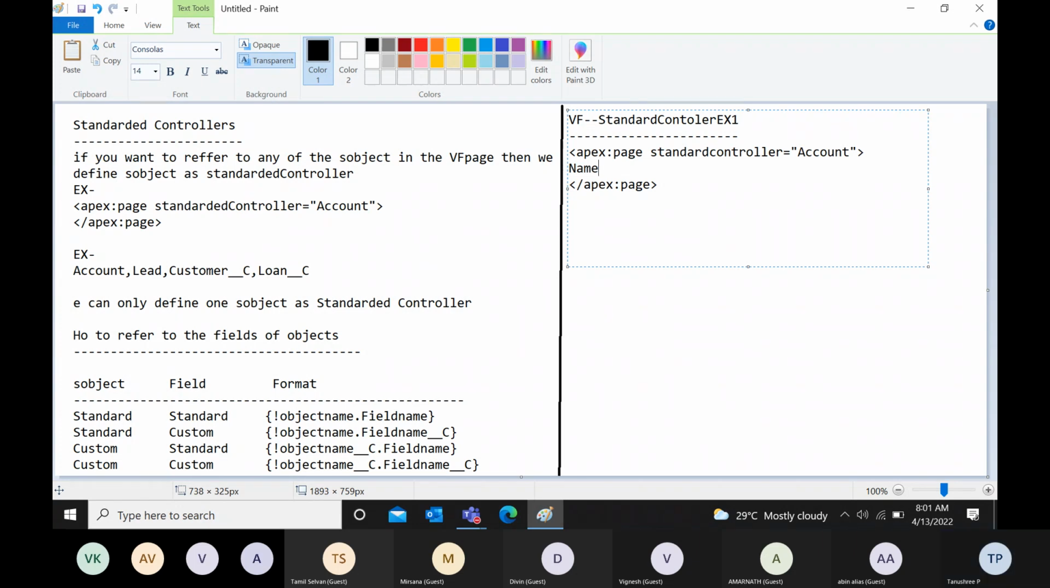Now in the page, name, open bracket, close bracket. What is the controller name? Standard controller account dot name. We will give that here. So what will be there? Industry will be there, right? Industry colon, open bracket, close bracket, account dot